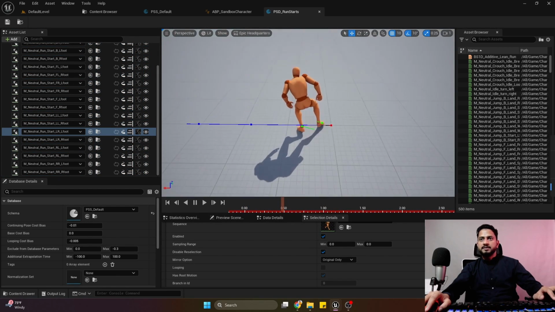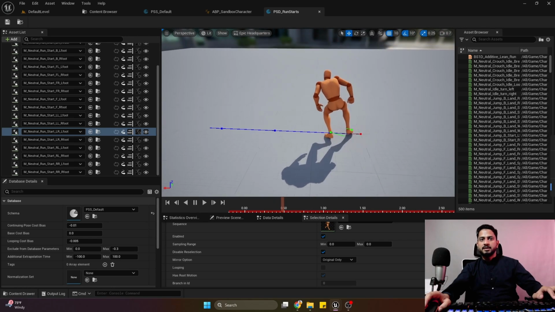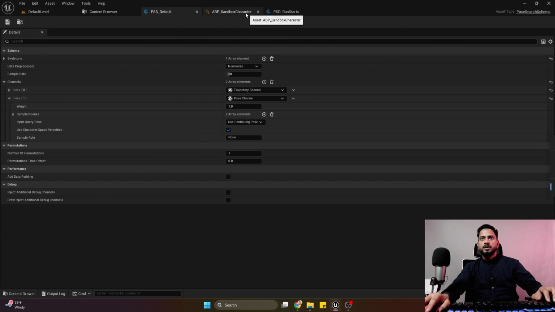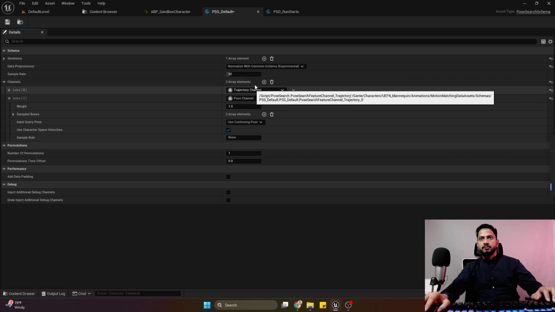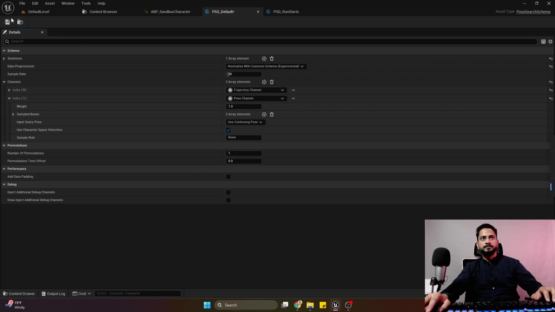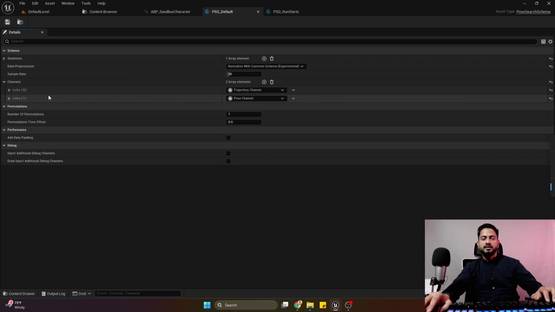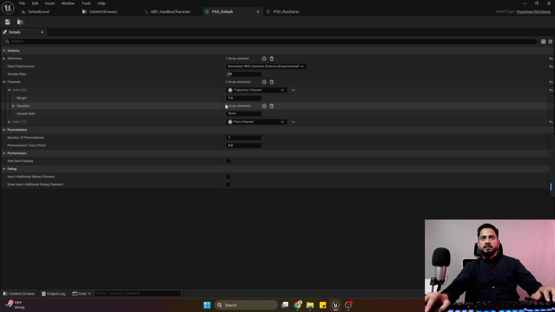So now let's first set up the schema. Our schema, first thing we need is the data preprocessor. I'm going to set it to normalize with common schema. So these are our different channels. Our first channel is the trajectory channel. The default weight is 7, which is too high, so I'm gonna set the weight to